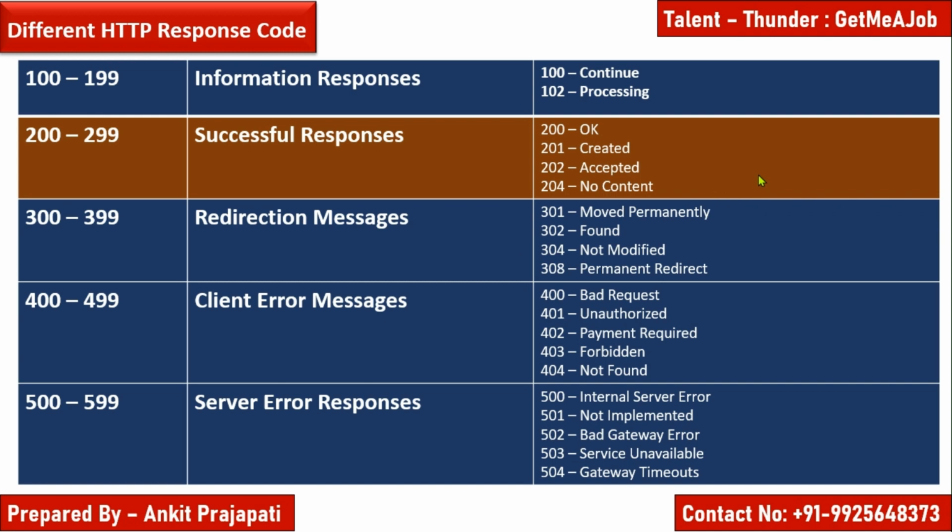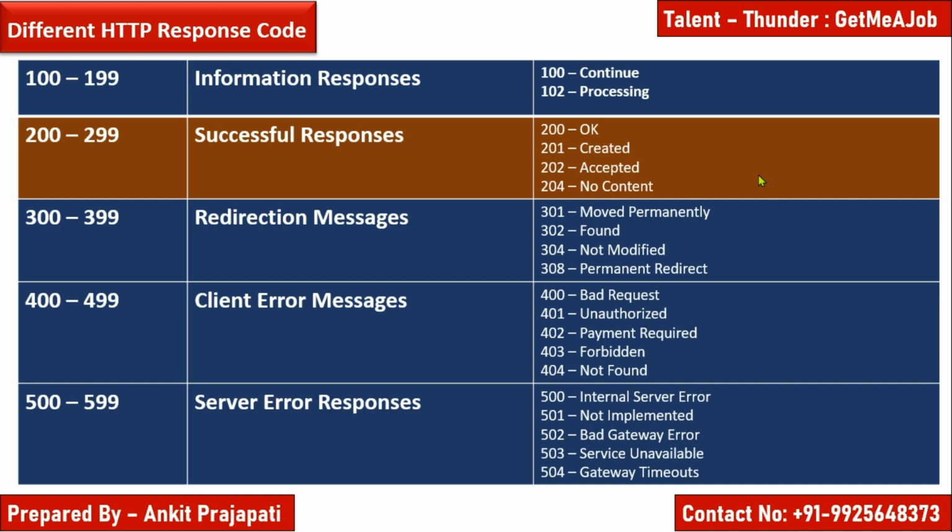Okay, so if the code starts from 100 or 1xx, that means informational response code, right? If it is 2xx, this means successful response code. If it is 3xx, that means redirection messages. And if it is 4xx, that means client error messages. And if it is 5xx, that means server error response. Okay, so a few of the response codes that I have put over here, like 200, that means everything is okay,